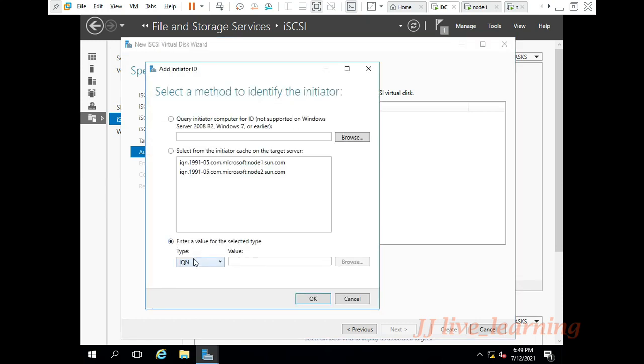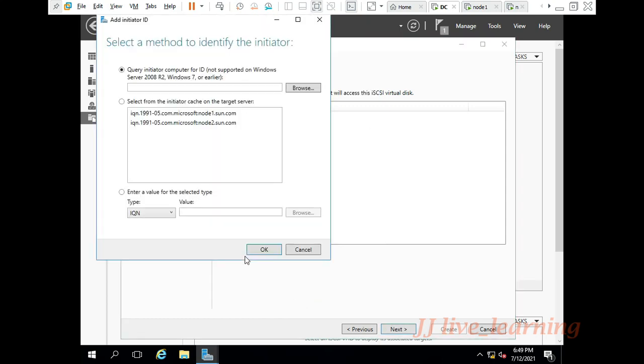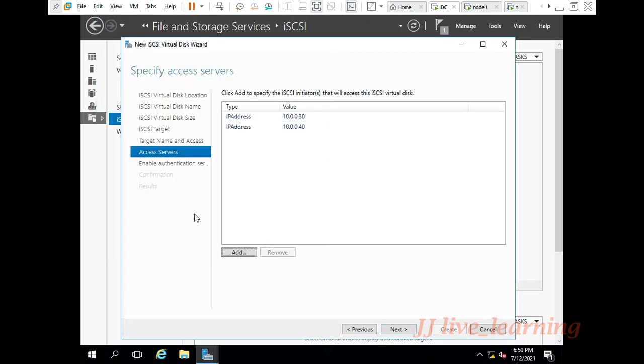That is, we are adding that target path to your primary failover cluster as well as the secondary. Now we are giving the primary failover cluster IP 10.0.30. Likewise, we are adding your secondary failover cluster. 10.0.40 is the IP address of your secondary failover cluster. The two nodes will be added on your iSCSI target server.